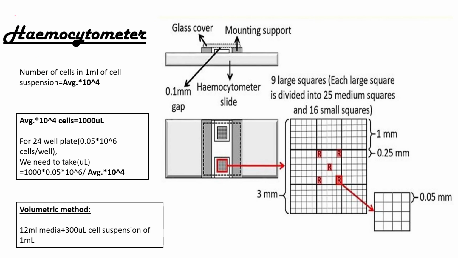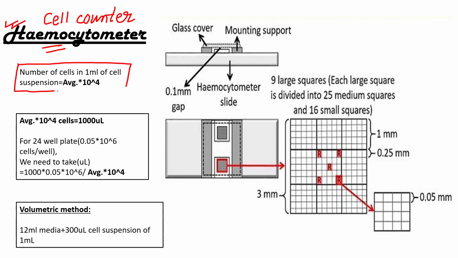Hi everyone, today we are going to talk about the haemocytometer. A haemocytometer is nothing but a cell counter. Using the haemocytometer, we can count the number of cells in the given media. So, what you have to keep in mind is that the number of cells in 1 ml of cell suspension is